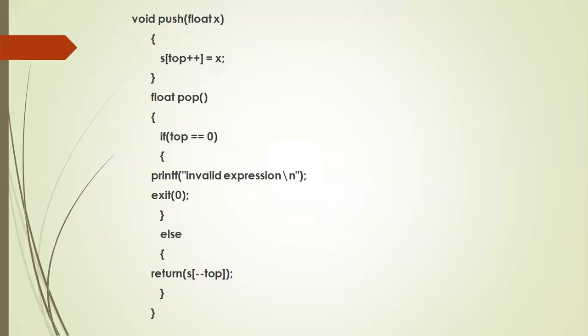So first time the X value is 5, that is pushed into which place? 0th place. Next time it becomes 3. 3 is stored in the first place. After that the top becomes 2. So that in the second place you have the power operator or plus operator, sorry. Next, float pop. So in the case of pop operation, whenever top is 0 it means empty. Otherwise, return the element. You first decrement the top pointer and return the element. If you started with minus 1, it should have been S of top minus minus.